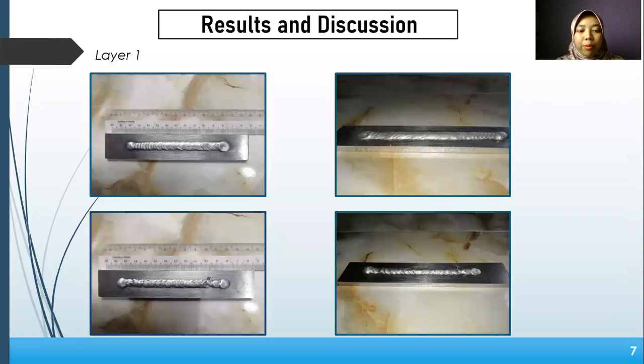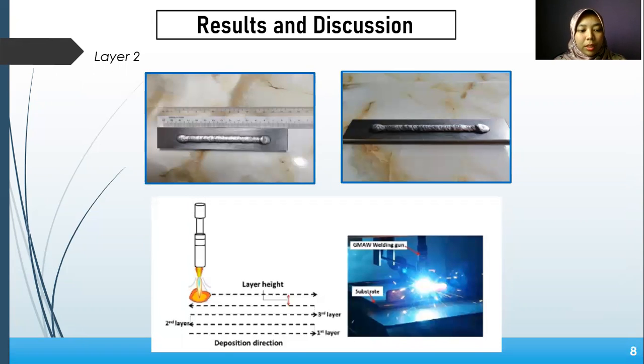Next, the deposition run for layer 2 to observe the increase in weld bead dimension and quality surface of part. To avoid height difference between the start and stop zone, the deposition orientation is zigzag with each layer in reverse order. To build the multi-layer, the process should involve step height for every layer. Step height is the distance raised from the end of the wire to the surface of part on each layer built. According to Hong, Yao, Shen et al. 2020, if the distance increases, the height of the weld will increase and width will decrease.